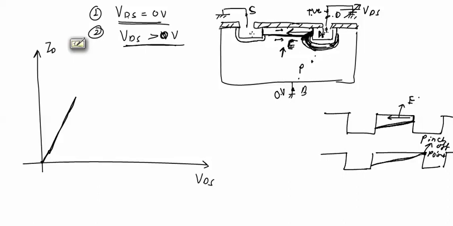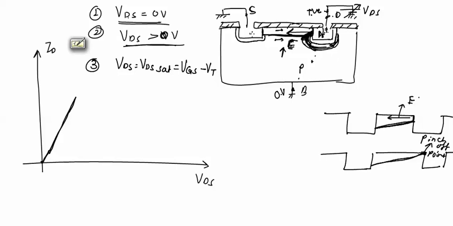The voltage at which the channel width reduces to zero near the drain end is called VDS SAT, and it is equal to VGS minus VT, the threshold voltage. So when the channel width reduces to zero near the drain end, at this point there is no channel near the drain end,